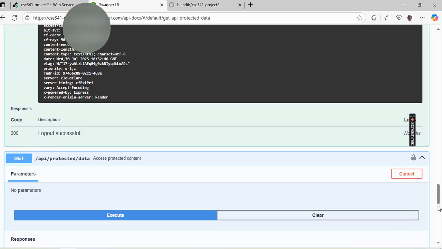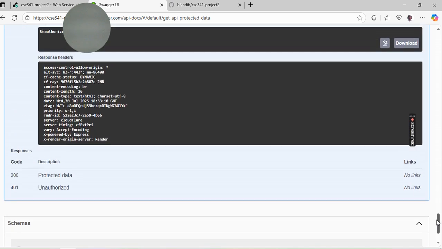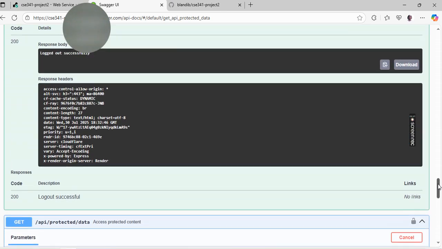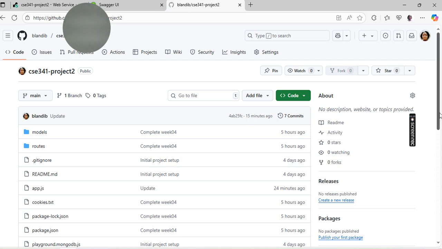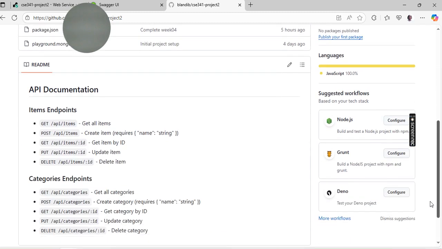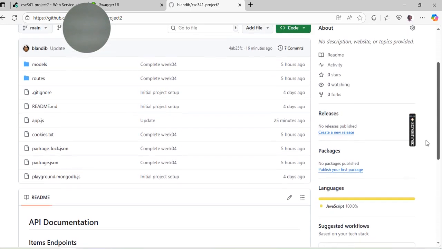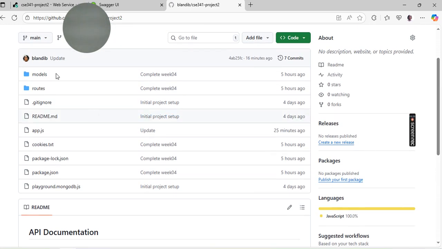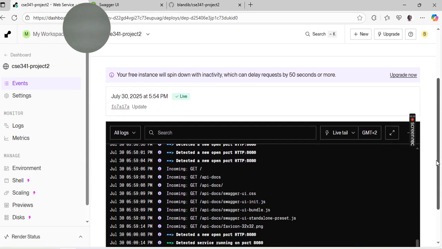So this is my week 4 authentication assignment. As you can see here, everything worked perfectly fine. And here is my GitHub. As you can see, everything is perfectly fine. I did not add anything in my readme, and I just left everything the way it was. And here is my render.com. As you can see, my